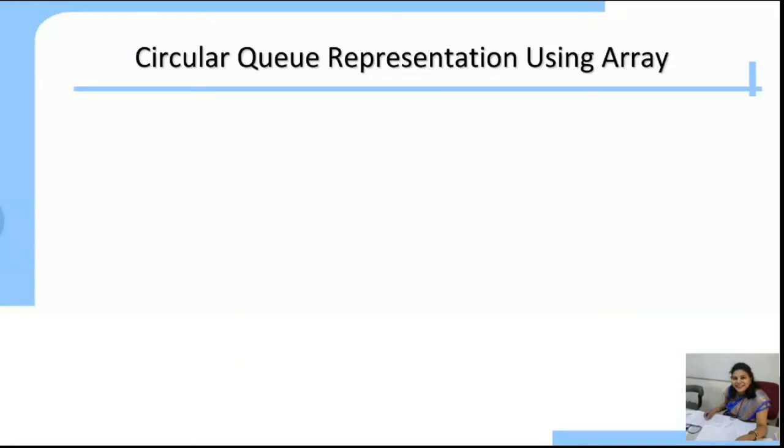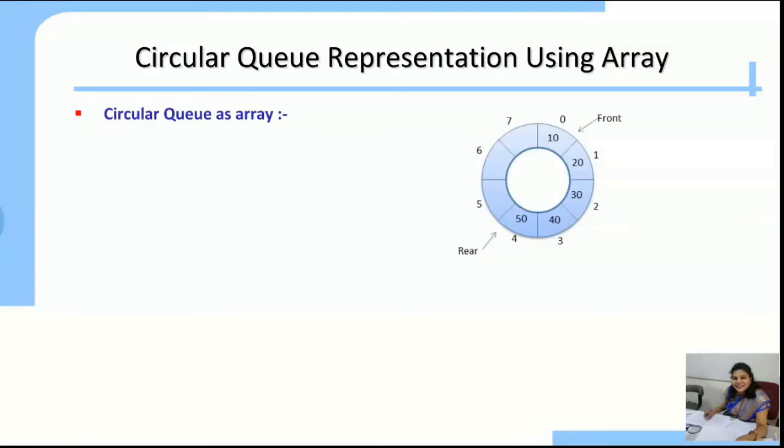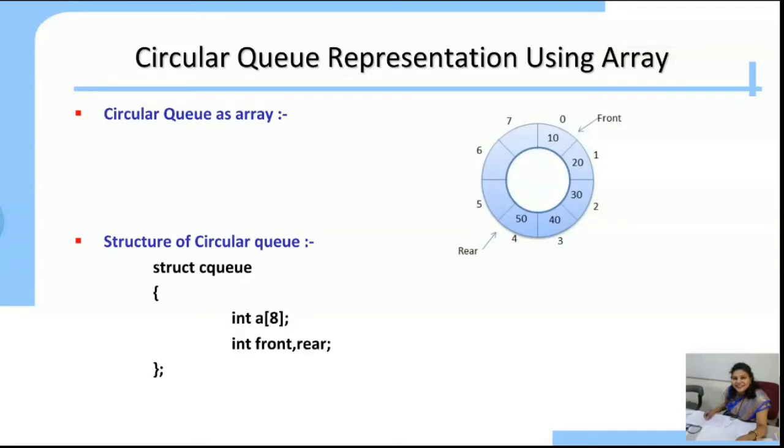Circular queue representation using array. How can you store the circular queue using array? So this is a physical circular queue. We will write the logical structure of the circular queue. That is struct CQ. CQ is the structure name of the circular queue, where you can see that this array is of size 8.